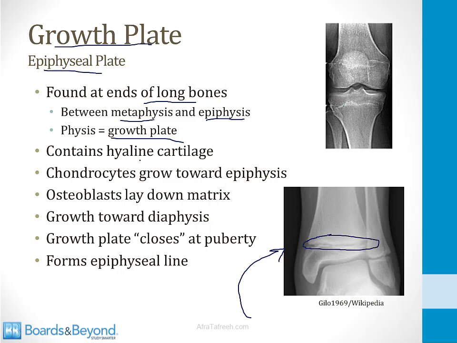These growth plates contain hyaline cartilage, and they have chondrocytes which grow towards the epiphysis. So the chondrocytes are going in this direction away from the center of the bone. The osteoblasts are laying down bone matrix towards the center of the bone, and as the child grows, the growth plate will move towards the joint, with bone being laid down behind the growth plate towards the center of the bone. Now at puberty, the growth plate closes and the epiphyseal lines will be formed, which will be present throughout